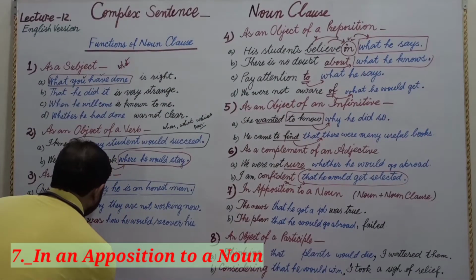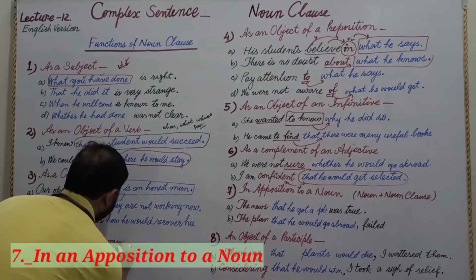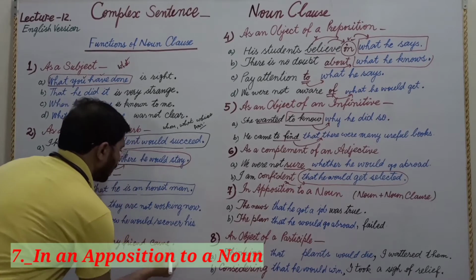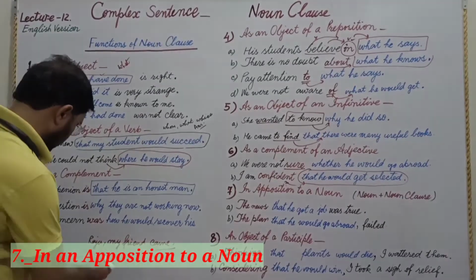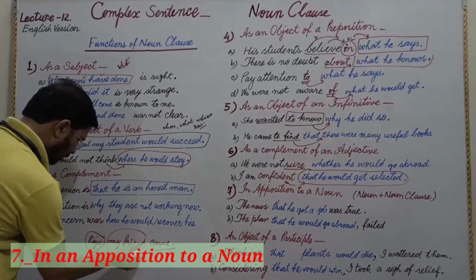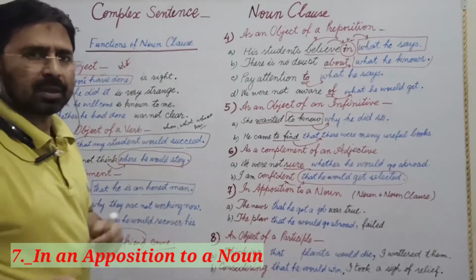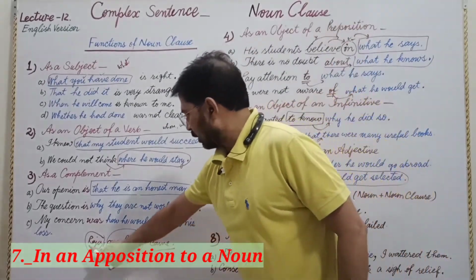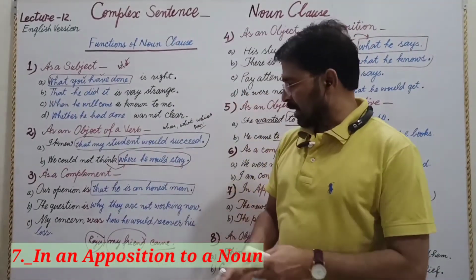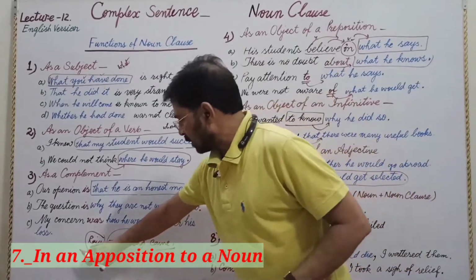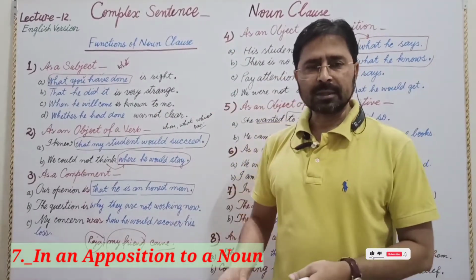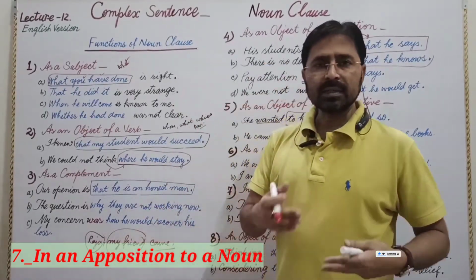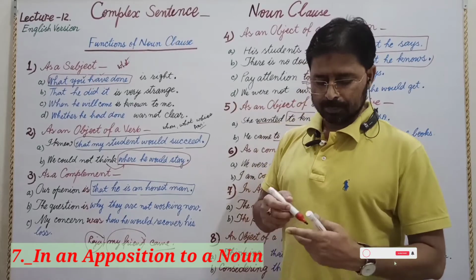Suppose I say, Raju, my friend, came. I selected a short sentence. Then Raju and my friend both are the same person. These two words denote the same person. Raju and my friend give the sense of the same person, and these two types of subjects and objects placed after one another is called case in apposition.